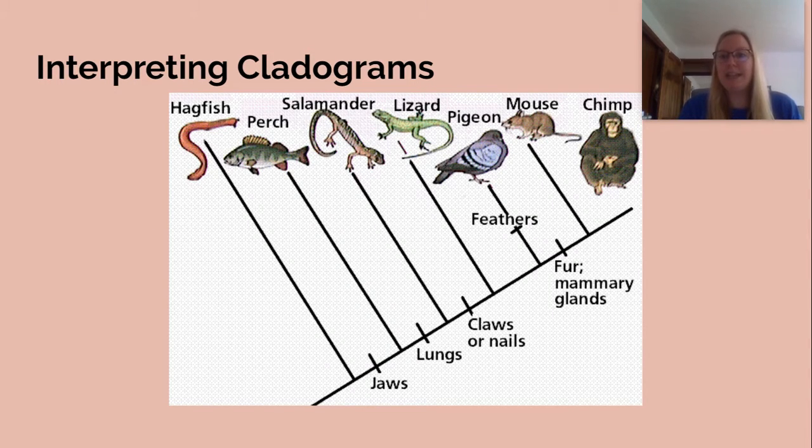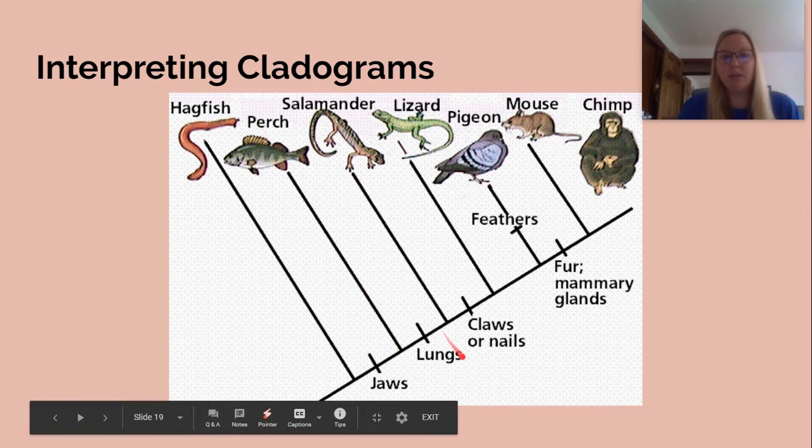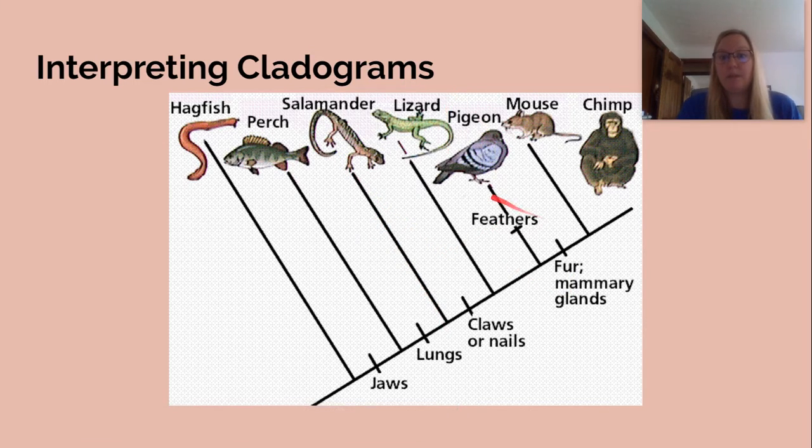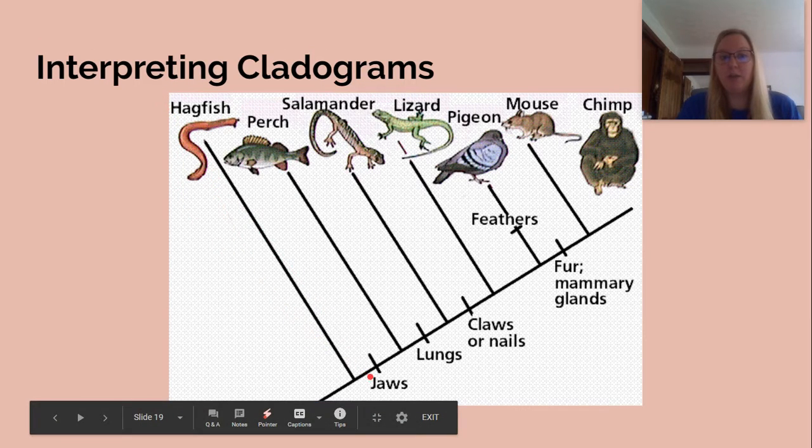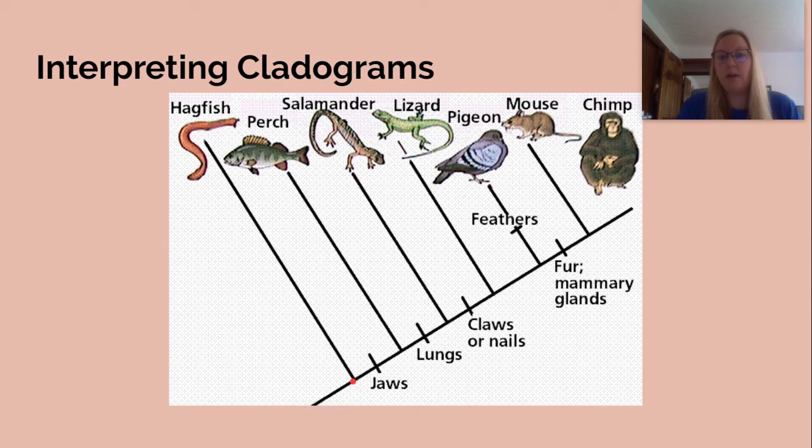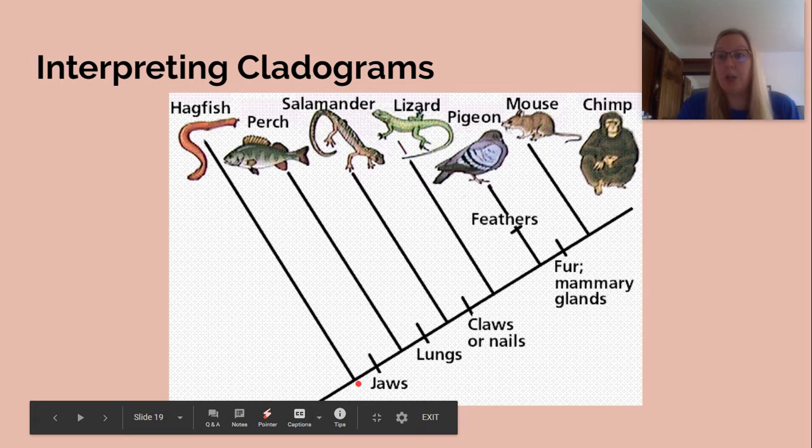So when we're interpreting a cladogram, there are some important things to know. Each of these lines that branches out from the cladogram is your clade. So our clades branch out. Each point where the cladogram breaks is called a node. And then this here is our derived character. So derived characters show hagfish. Jaws is the derived character. Jaws are found in everything further up